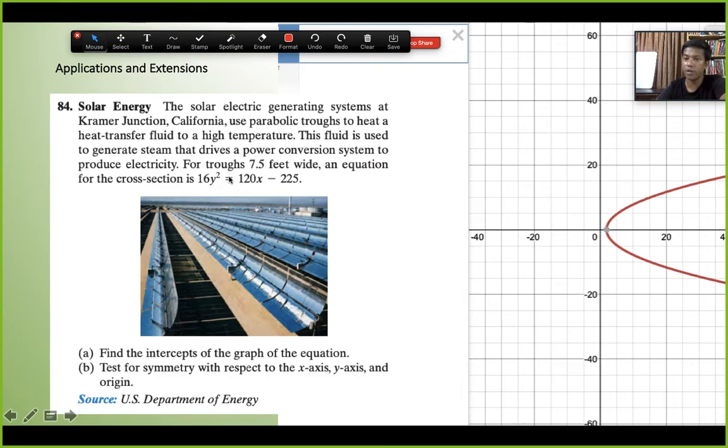And it will not have origin symmetry, because we have already tested there is an extra minus coming here for the x. So there will be no origin symmetry. By analysis, we can already decide that origin symmetry is not possible here, only x symmetry is possible, since we can only replace y by minus y and it remains the same due to the square. Okay,